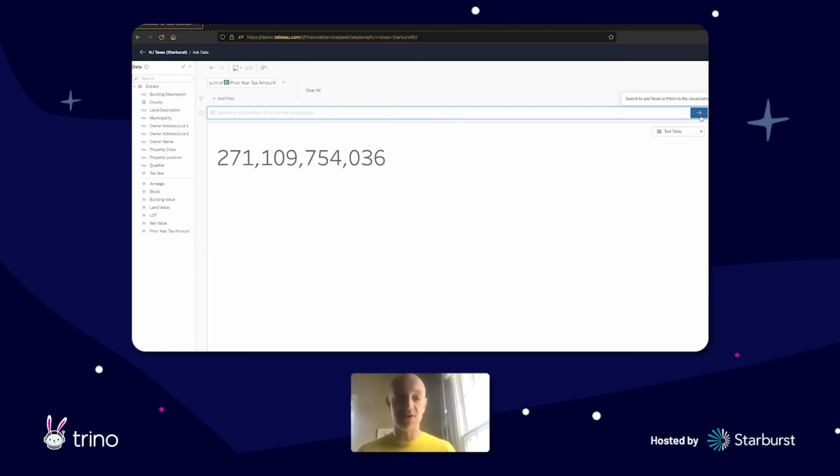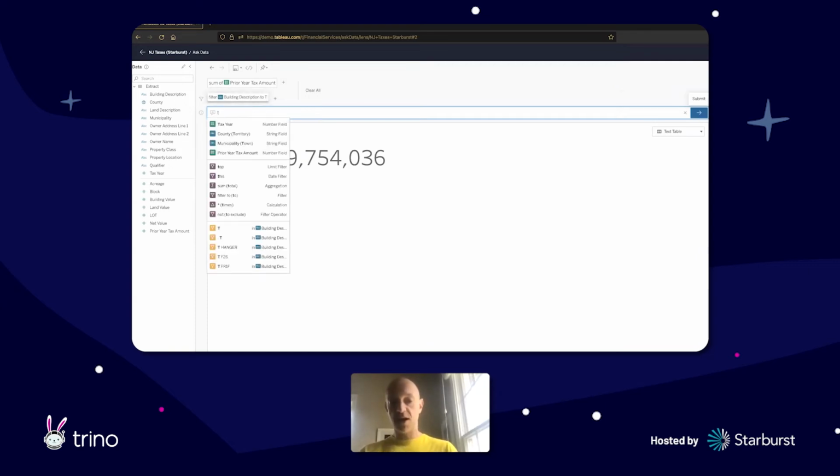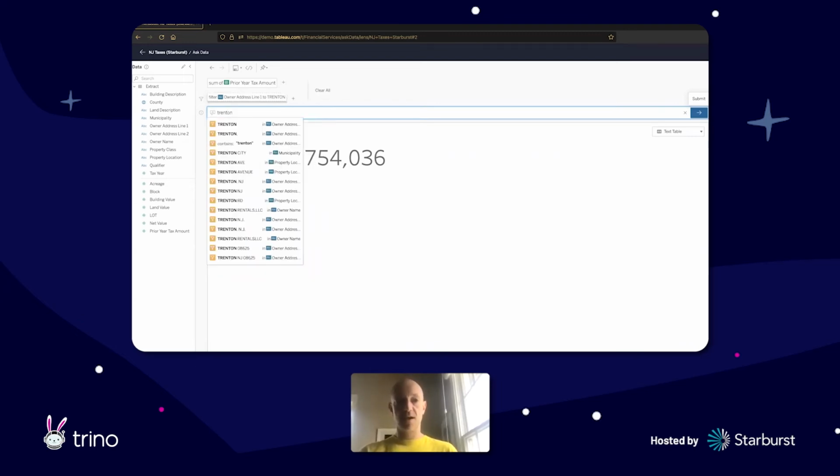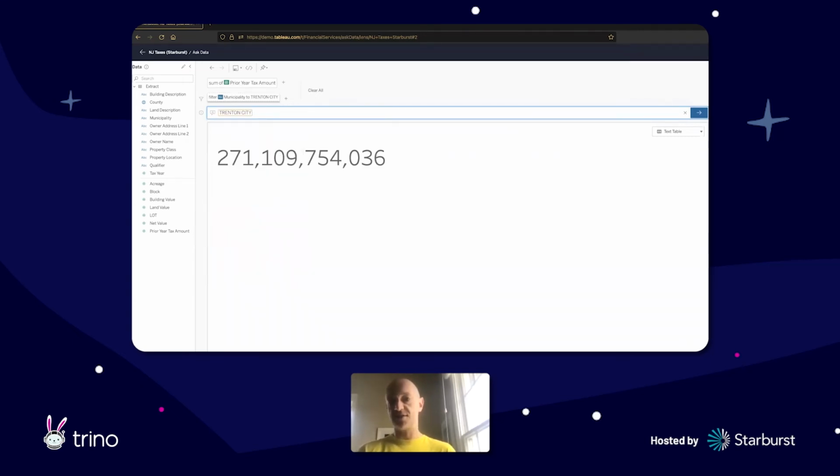In Tableau, because we are so user-friendly, and you most likely going to be exposing this not just to your technical folks, you can make this available to your user community, business user community. I can type word Trenton like this. And I get Trenton City right here in the menu. I get a lot of choices, first of all. So you'll notice there's owner address, property location. So word Trenton is pretty popular, but specifically I want to know how much taxes have we collected in Trenton. So as soon as I say that and hit go, we see that Trenton as a city has collected